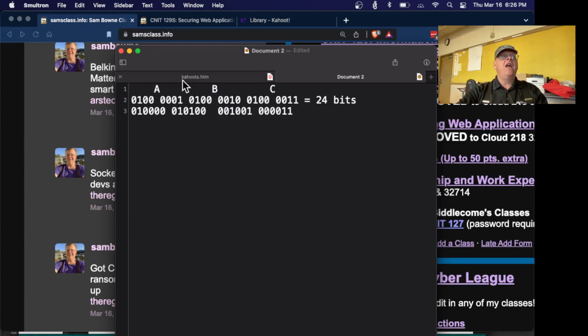Now, if I only had 2 letters, then I would only need this many bits. But when I encode it in base 64, it's going to take 3 characters, and you see the last 2 bits are not used. So I could have 4 different base 64 characters here, and it would still map to the same thing. This is an amazing thing. When you see the padding, base 64 is no longer unique. It's an interesting fact. But that's all it is. It's just putting out the bits in a different size group.